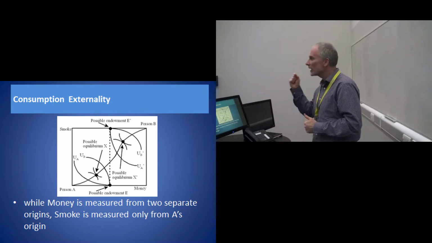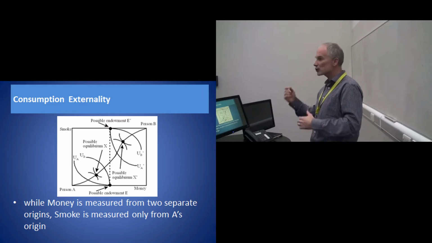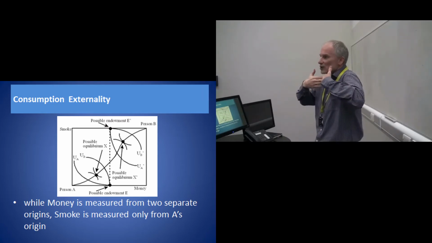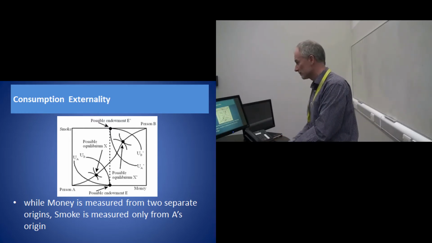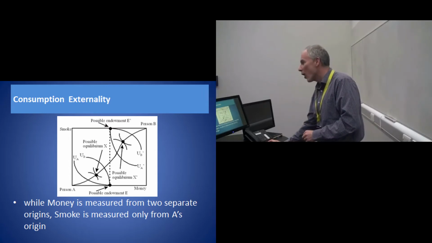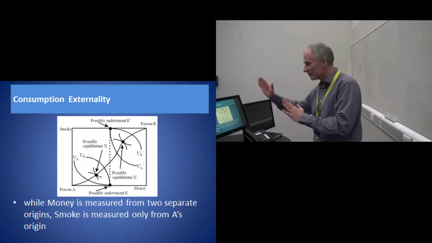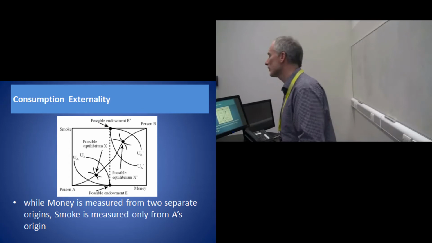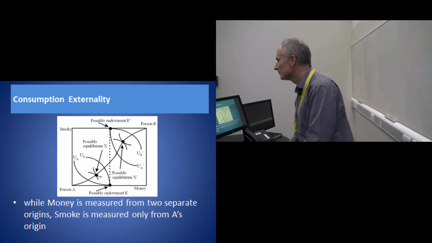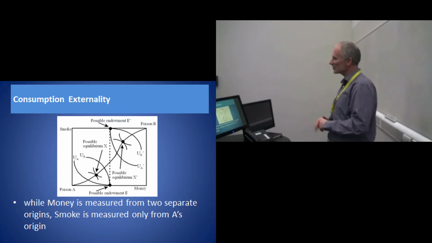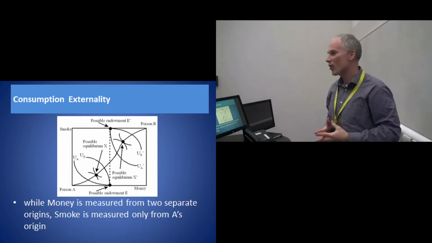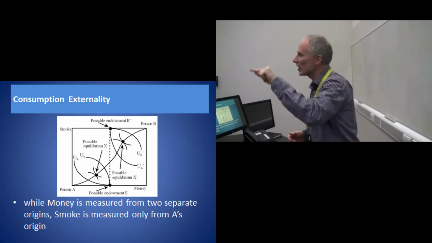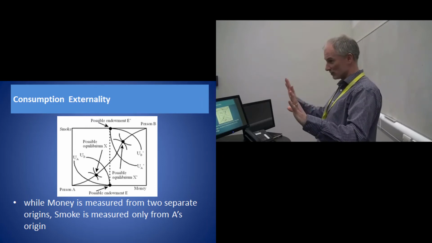But smoking is an economic bad. As we force person B to inhale, to consume more smoke, it makes him worse off. For him, it was an economic bad. So, as we move away from person B's origin onto these higher and higher indifference curves, what happens to his welfare? Do you think it would increase or decrease? Now, if you have a stab in the dark, look at one of these goods is an economic bad. If we force him to consume more of the economic bad, you would expect to see a reduction in his welfare. That makes perfect sense.